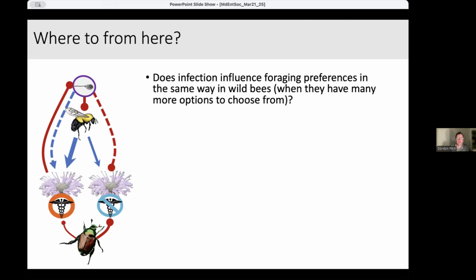I'm going to conclude with some thoughts on where our research is going, and then maybe, in the abstract I said I would talk a bit about what this means for gardeners. May leave more of that for the Q&A, but I'll touch on it briefly. One thing that we're really interested in looking at is what's going on with wild bees. Like I said, this work so far has been done with bees that we keep in the lab and that we sort of coddle and have in this very nice environment and then bring them out to the field just for our foraging experiments.